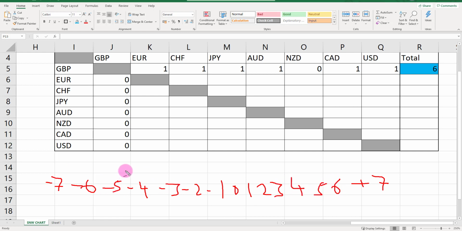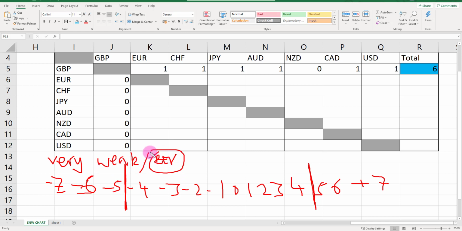Now, anything sort of around this area here and here is either very weak / reversal. So if something is sort of at -6, -7, especially, this is where you'd be looking for